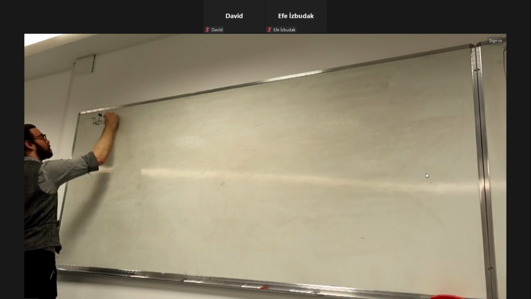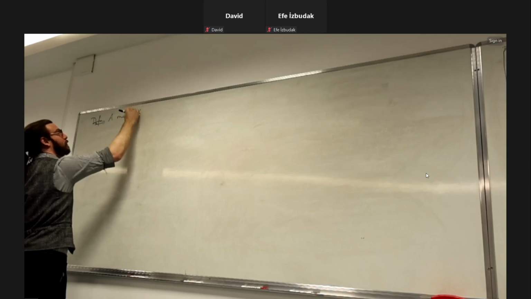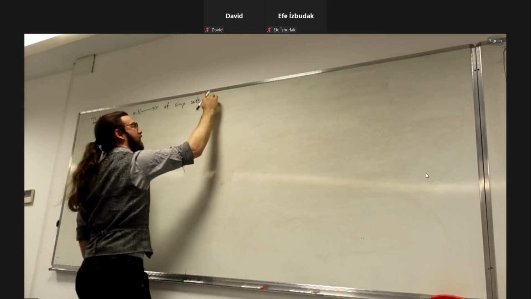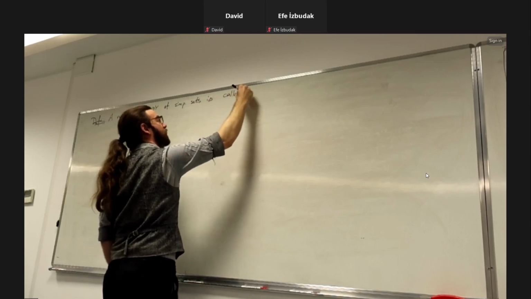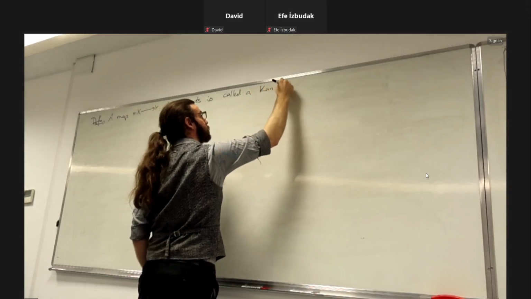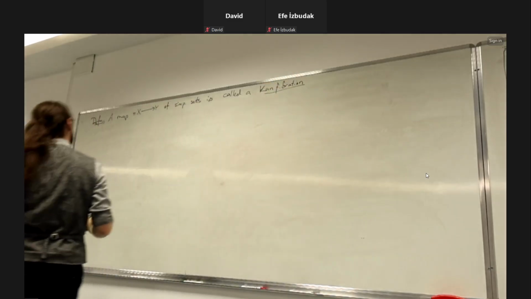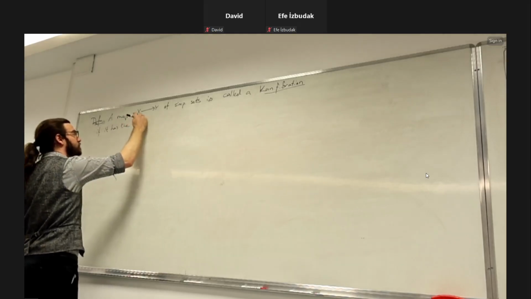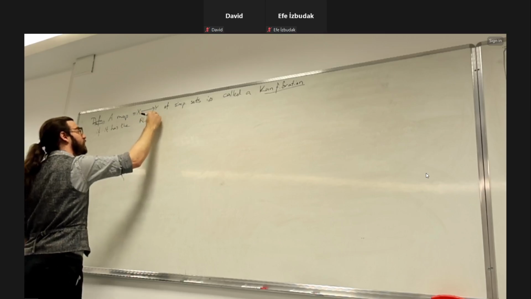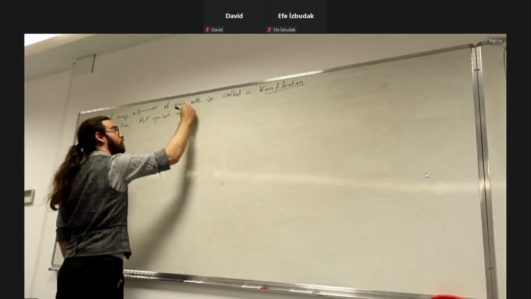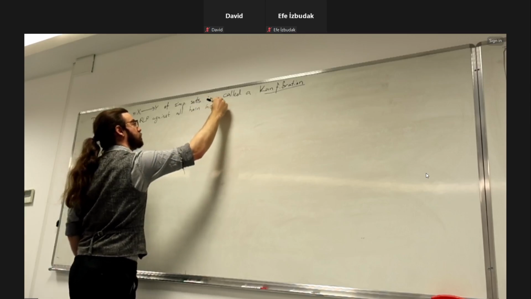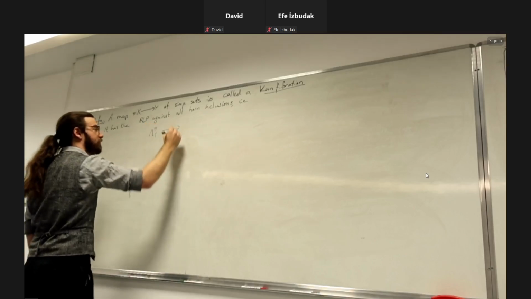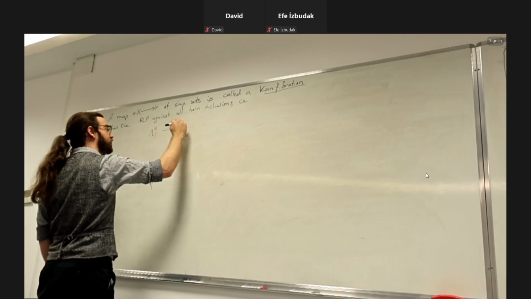Okay, so a map pi from X to Y of simplicial sets is called a confibration if it has the right lifting property against all horn inclusions. That is,